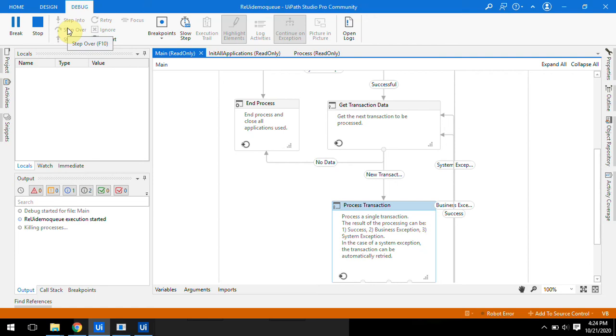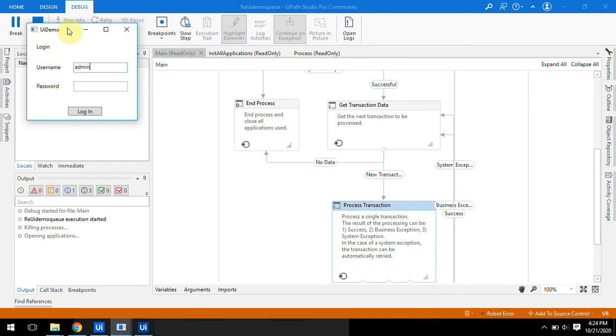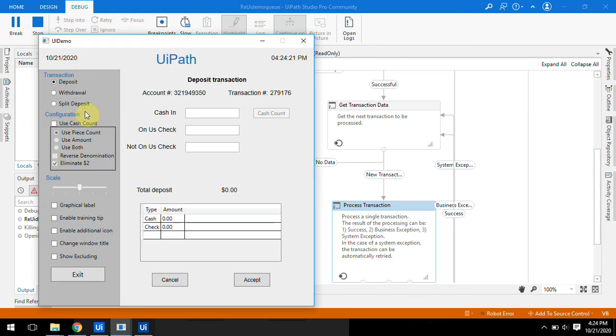Killing process will take some time and then it will open all applications. Done: username admin, password, login. It will take one by one item from the queue. Second, third, not ones check.